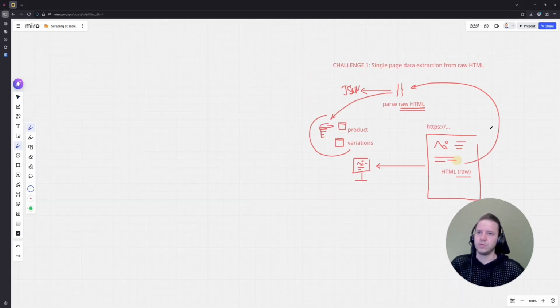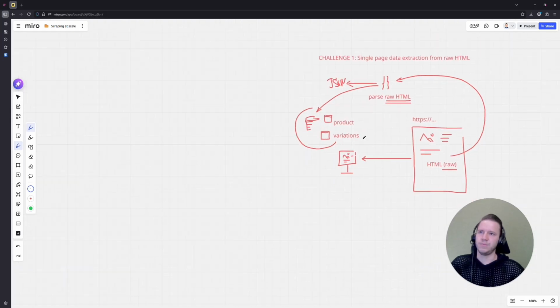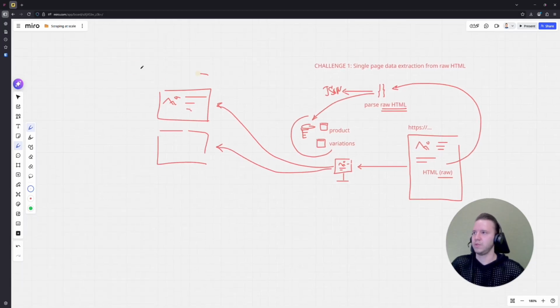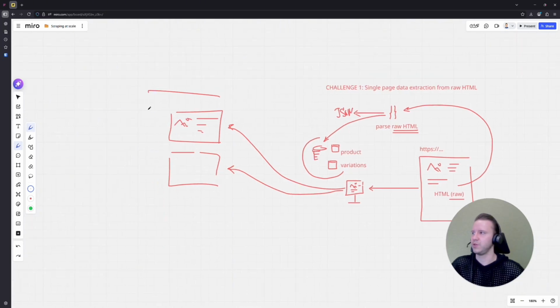Now imagine you want to do the same thing, not once, but a million times. Maybe it is a million times per product, or every day, maybe multiple times a day. You want to monitor and rescrape the same product, or you just want to scrape millions of products, right? So for example, you have several products on Amazon or somewhere else, and you just want to scrape them all at once. The thing here is that this is already starting to form our second challenge, which is scraping